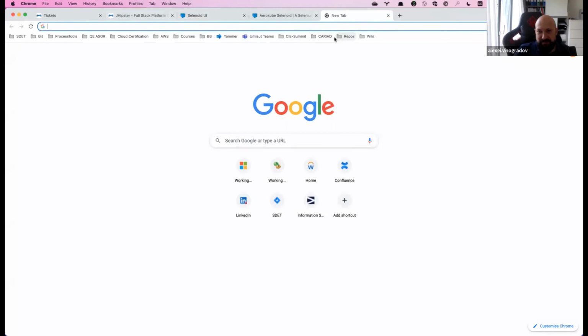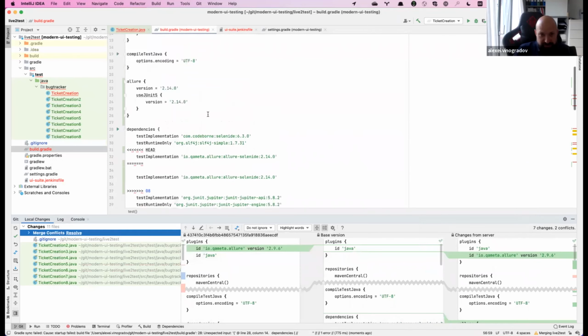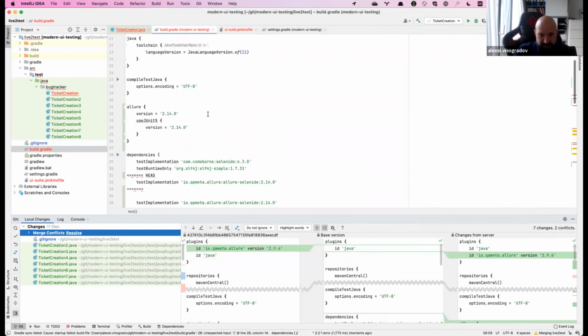I guess I need to do some merging. Or I will just take my backup and change the source code to save some time.